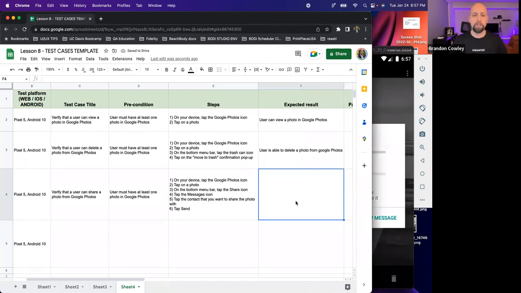So again, our expected result needs to very closely mirror our test case title. So in this scenario, should I be able to do that? I would say user